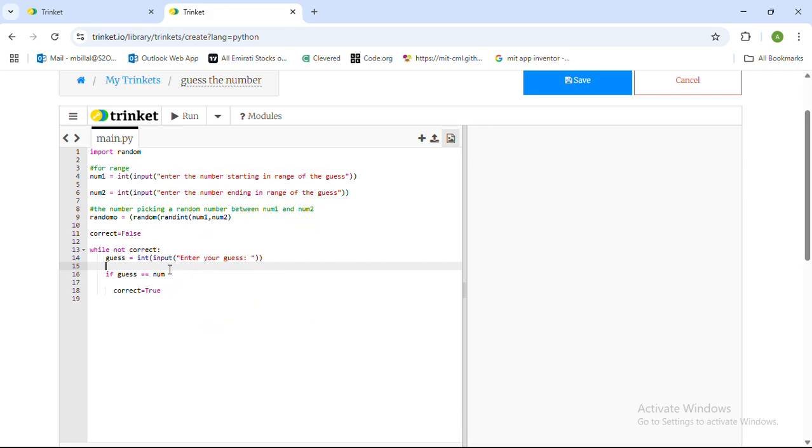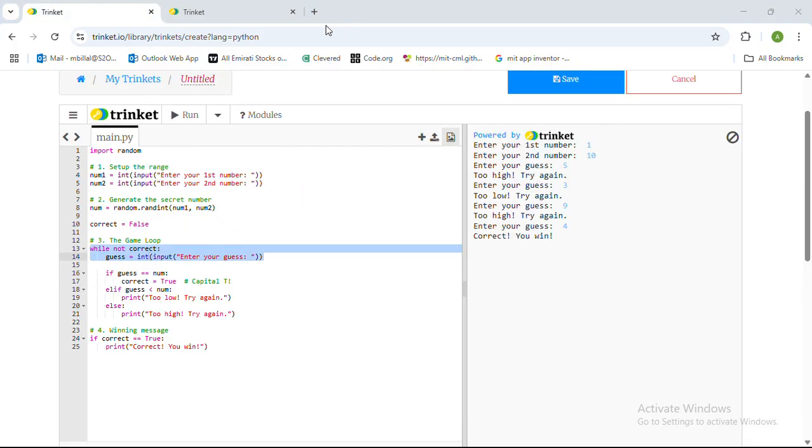Sorry, my fault. Now, enter there, backspace, I mistakenly added a little too many spaces. There, now I want you to do